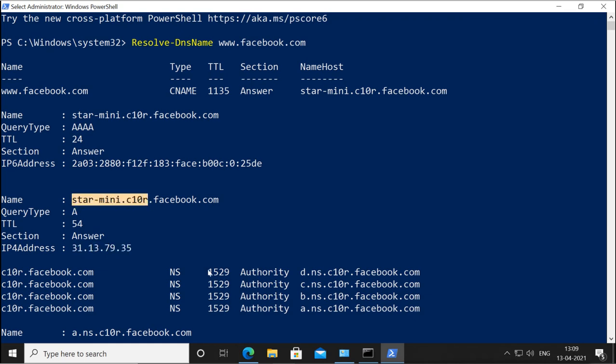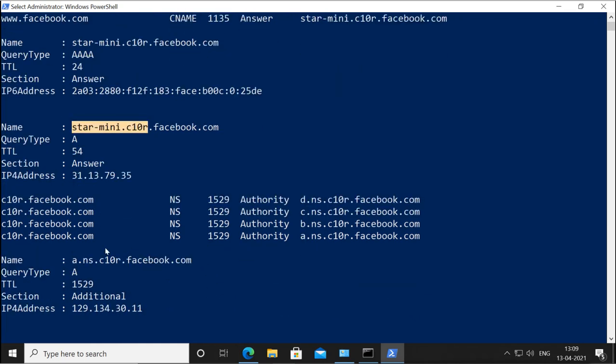Then it is also showing you the authorized DNS servers for this domain. It is also showing the DNS server name for this domain. This is the name of the DNS server, and this is the NS record. NS means name servers, and these are the authoritative DNS servers for this domain.